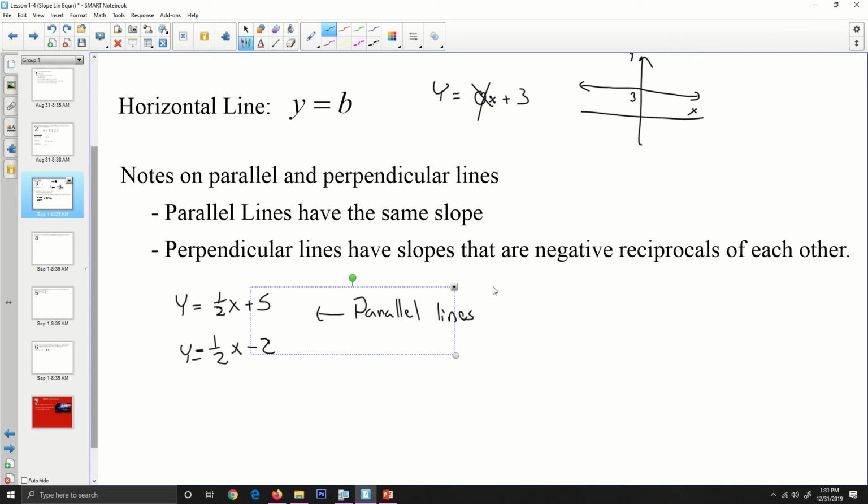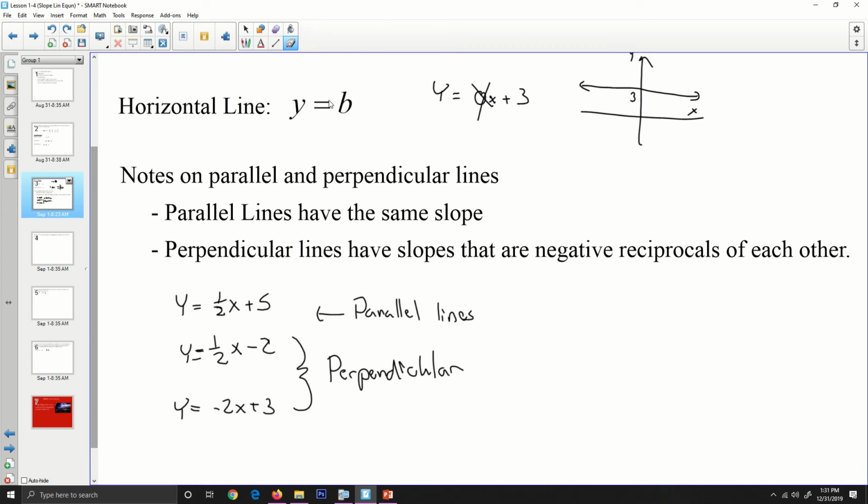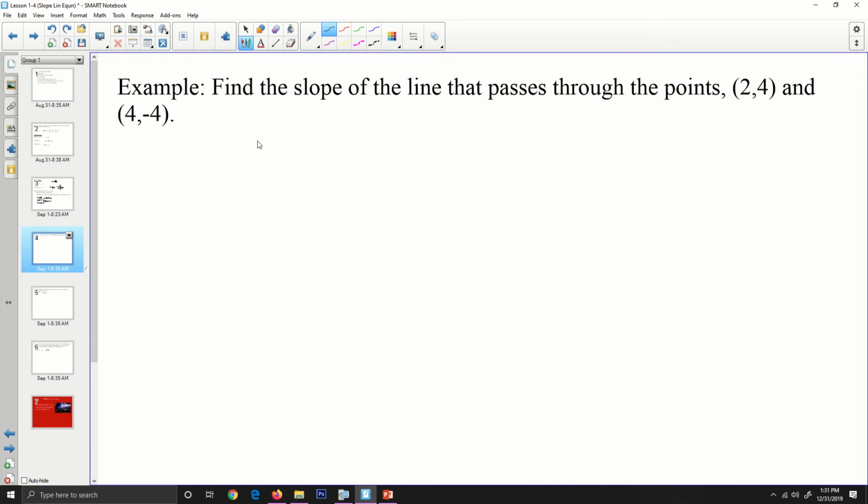And if I wanted to do a negative reciprocal, so if I wanted to have perpendicular, since this was already negative 1/2, a negative reciprocal, you take that fraction, you flip it, that'll make it 2, but we also have to make it negative, so it'll be negative 2x plus 3. These two lines right here are perpendicular. All right, find the slope of a line that passes through the 2 points, (2, 4) and (4,